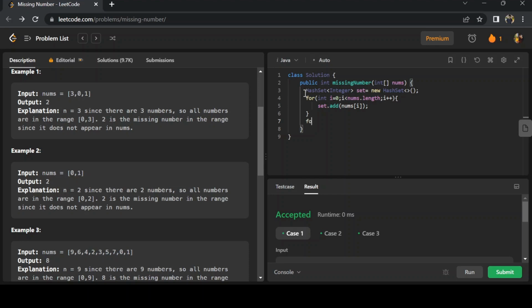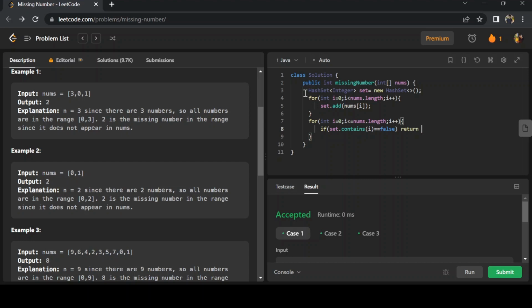Now we are just going to traverse and check if all the numbers are present. Now we need to go up to nums.length, like we need to include n also, array size basically. If set.contains of i equals false, I mean if it doesn't contain that, we are going to return i